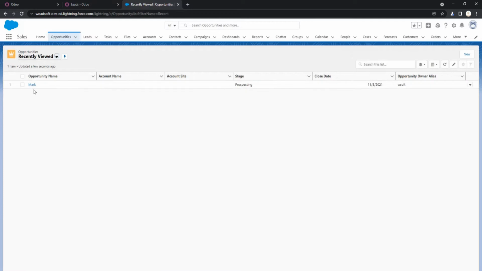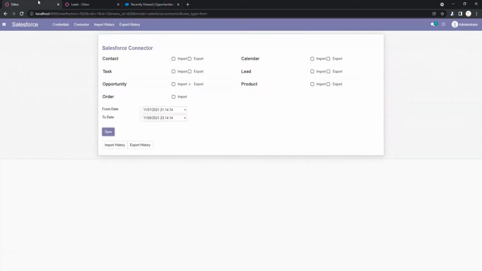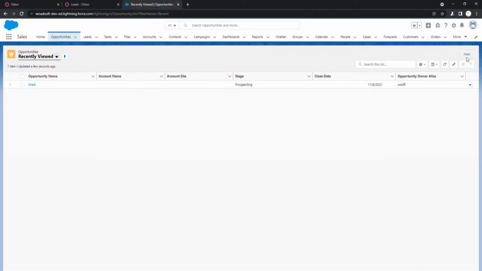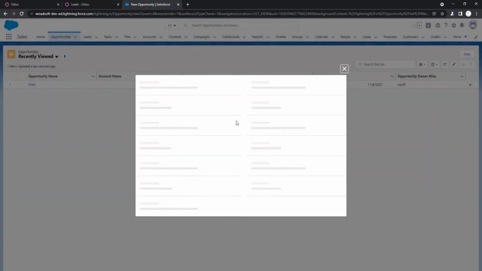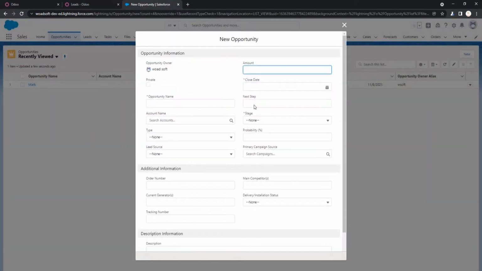As you can see, the opportunity is created successfully in Salesforce that was exported from Odoo. Okay, also we can create a new one by clicking it, that will be imported in Odoo.